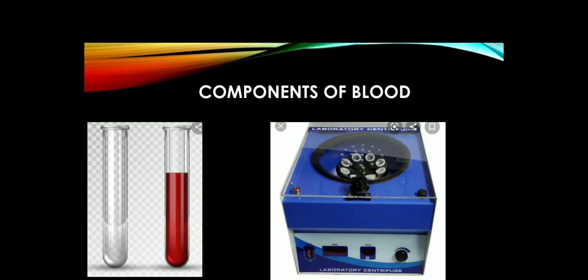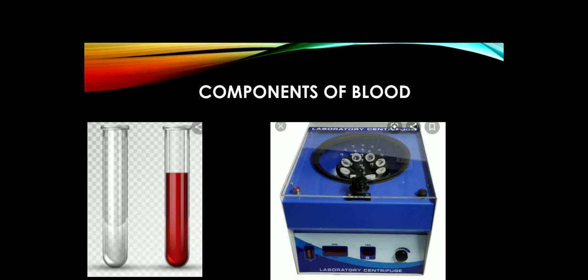Okay, first what you have to do, in the first picture you can see a picture of a test tube. So we will collect the blood through injection and after that we will collect it in a test tube. Next you can see the picture of an instrument. It is called a centrifuge. We will place the sample of blood in the instrument. In the instrument you can see there are white round parts. We will place the blood samples in the white round things.